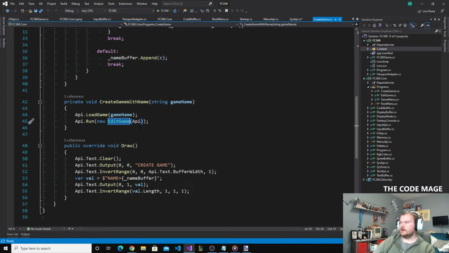I need to actually launch the game menu, and then automatically launch into the edit mode after that. So it's got to be a way that I construct